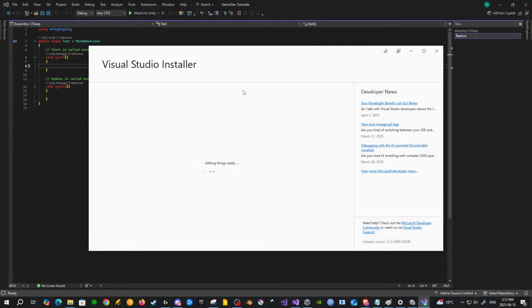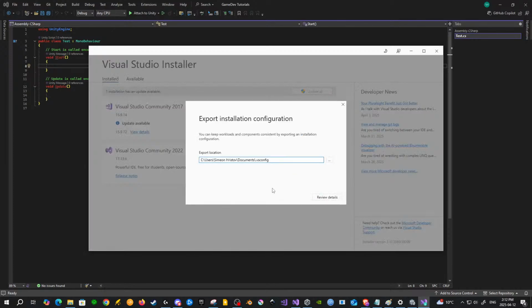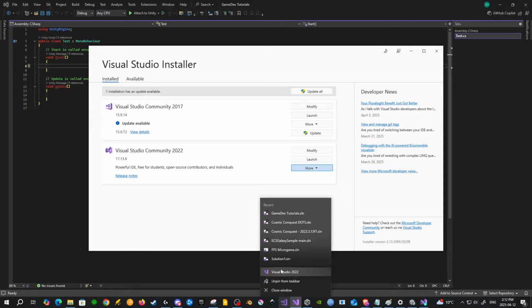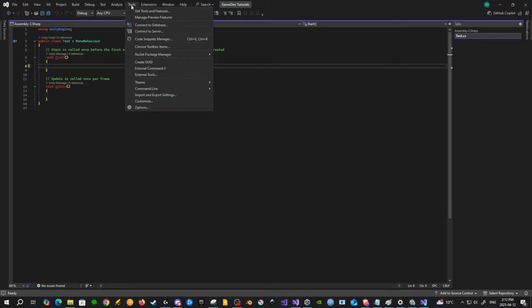like here in the Visual Studio installer, right? No, not available, not release notes, more, export configuration, update settings. So I think it's in the configuration, but I'm not sure. No, okay, that's not it. Not exactly, but it's like, hold on. Nope. Hold on. Let's see here in tools,